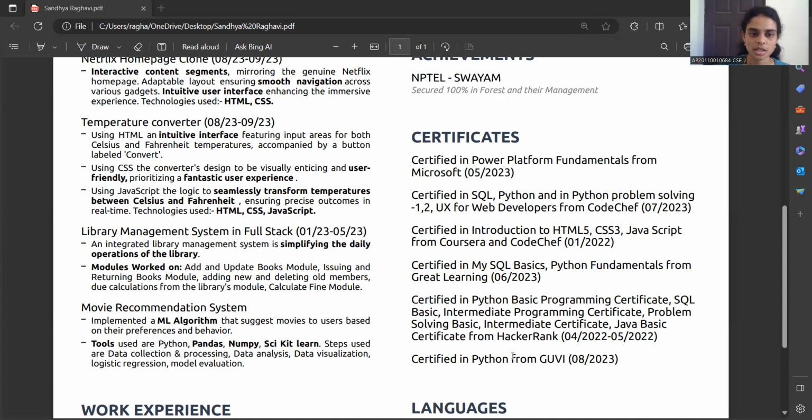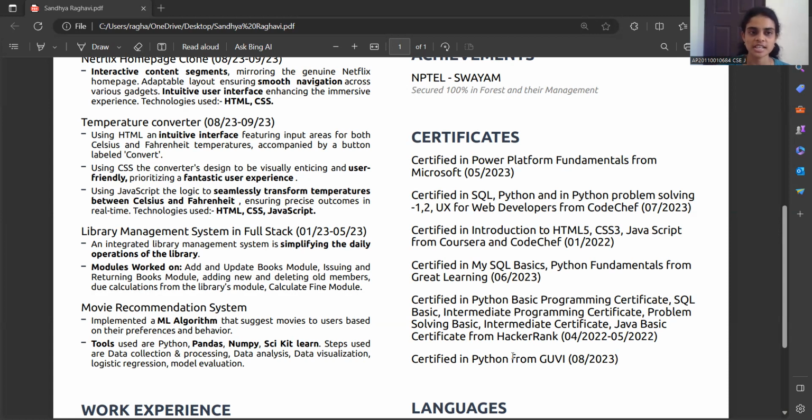Next, my fifth project is a movie recommendation system. Here, the input will be user behavior and preference data, including factors like genre preference, watch history, or ratings, etc. The output will be that the system provides personalized movie recommendations based on the user's historical behavior or preferences.